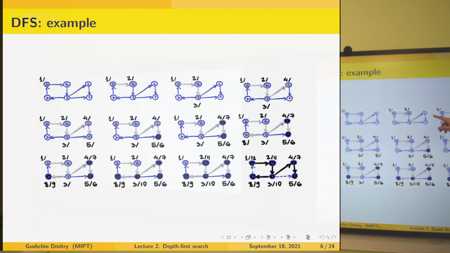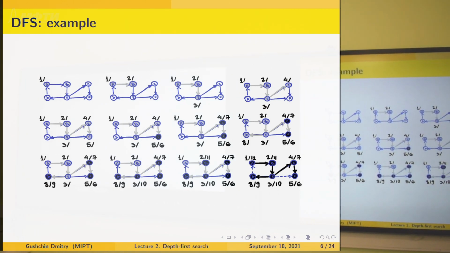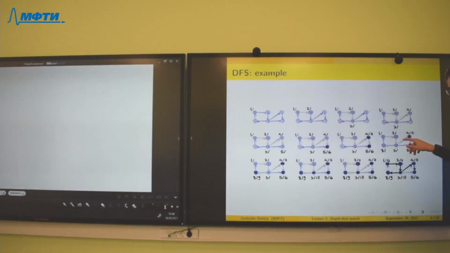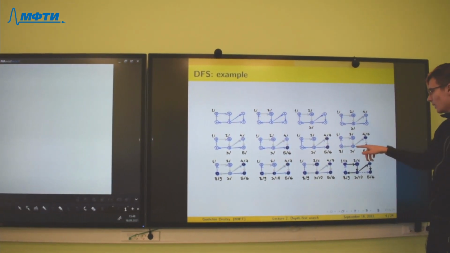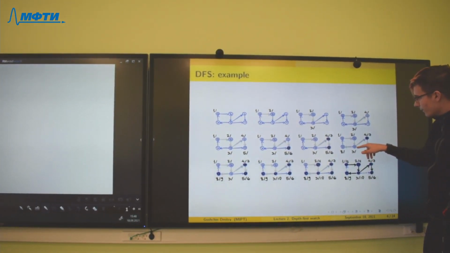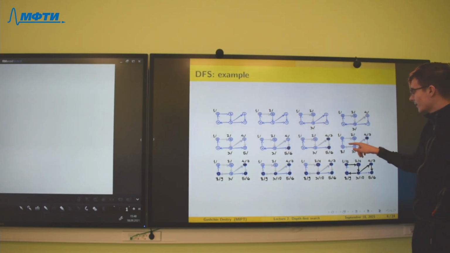Then we repeat the algorithm for B, repeat for E, for C. Then we see that F has no adjacent vertices, so we finish exploring it and go back to vertex E. We see that vertex E has a different adjacent vertex that has not been explored.